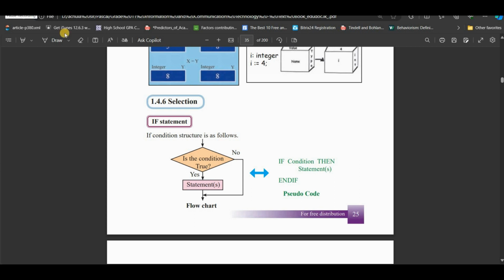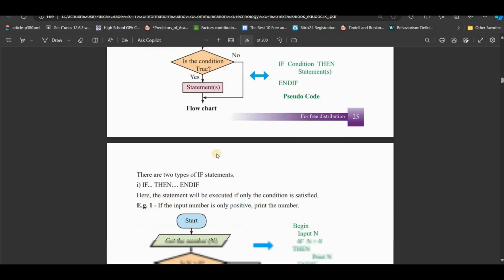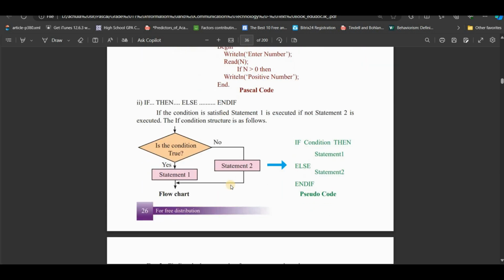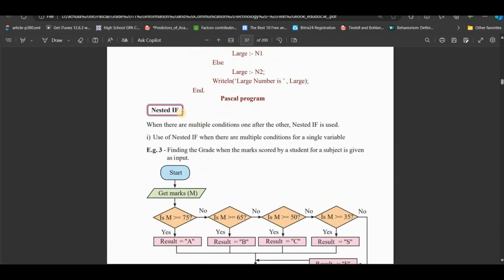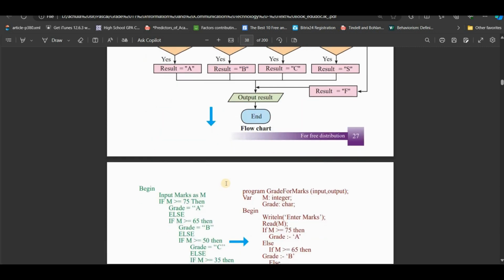We have been talking about the if statement during our last video. In our last video we were talking about the if statement, how it works, and if you go through your book you will be able to identify the codings here. Today we have also learned about the nested if,